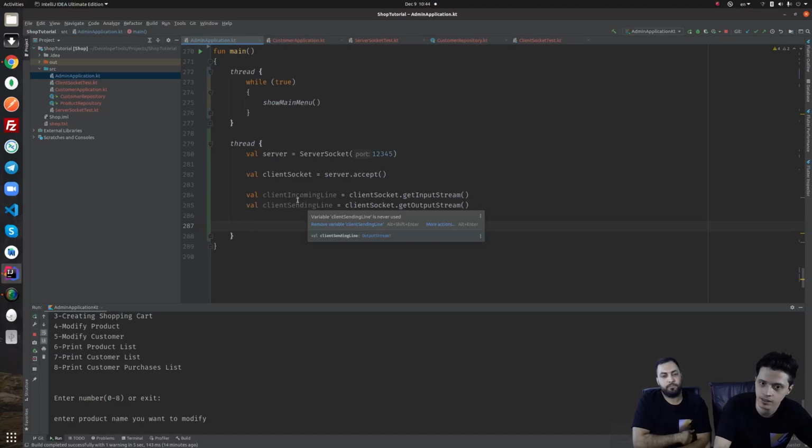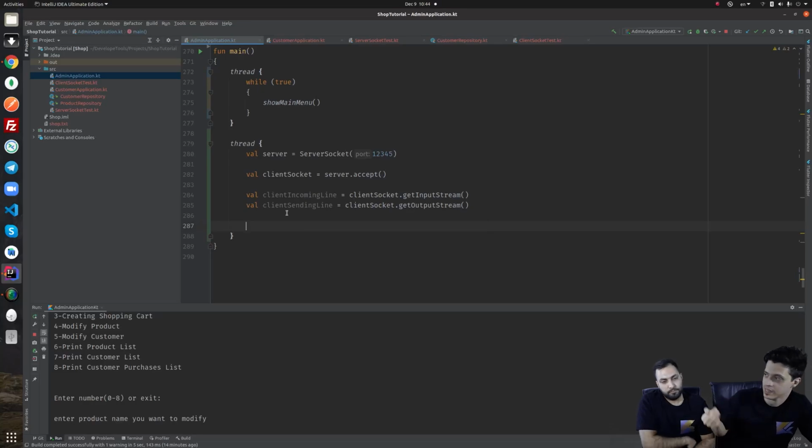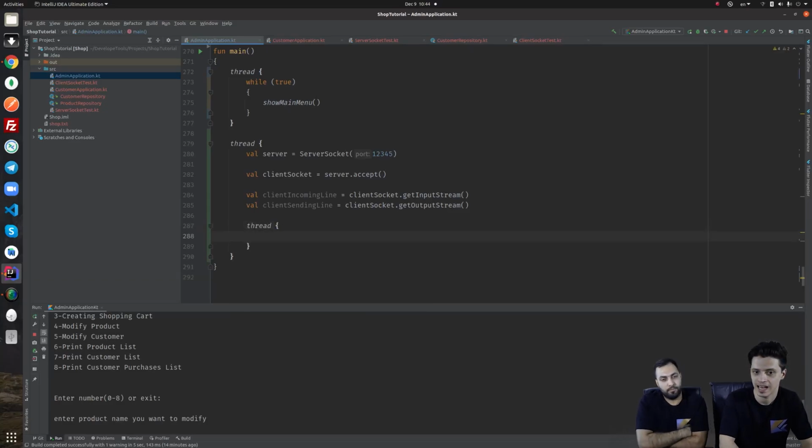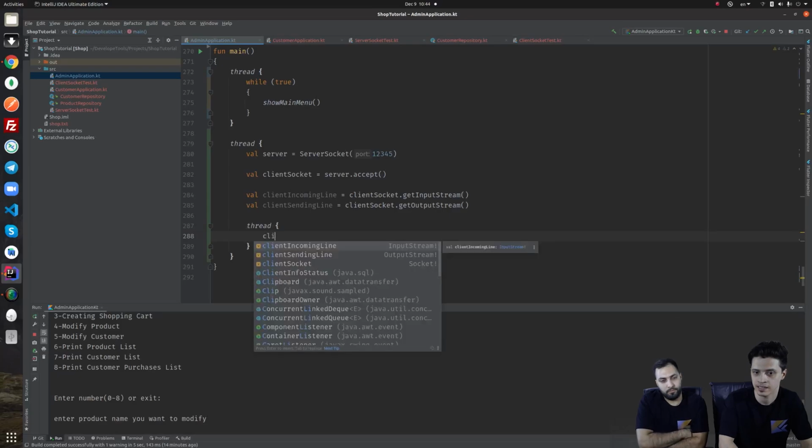So again here, for listening for the incoming connection, we had a thread. After the connection, for listening for the incoming data, incoming voice, again we have to create a new thread, just for this customer. So I again create a new thread and client dot incoming line